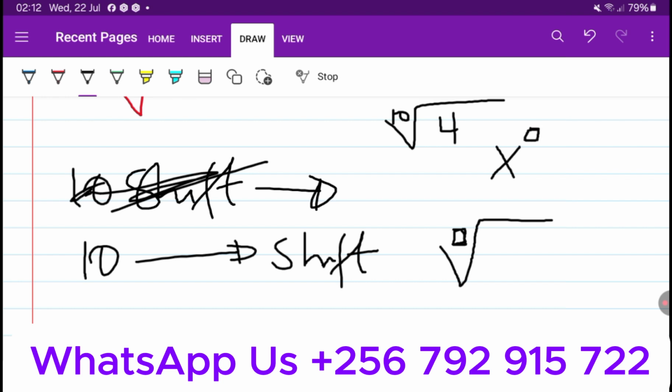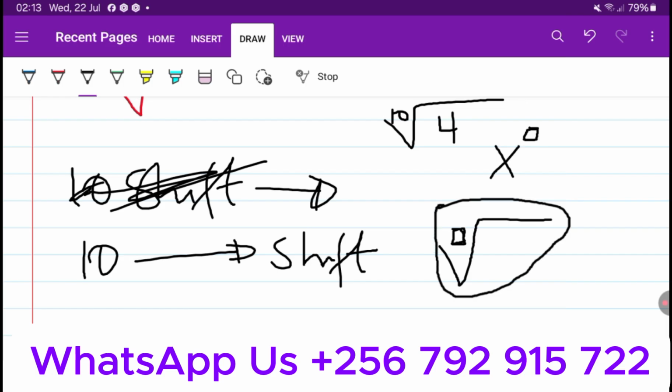Depending on the calculator you're using, the key has this symbol, and when you press shift it will pick this other symbol. Then you put a 4 and you find that the answer you will get is